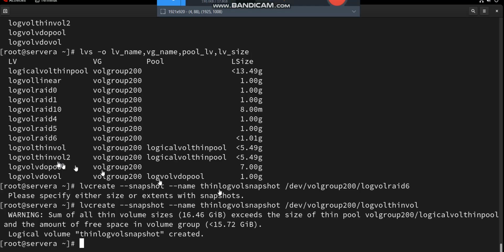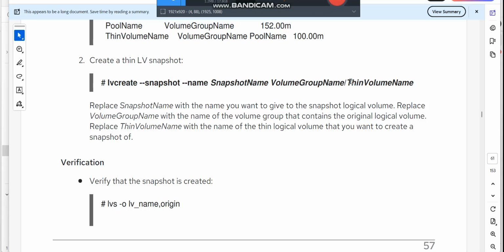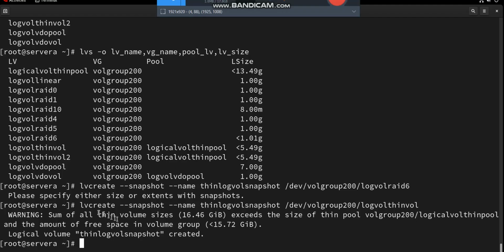So here I am giving only thin logical volume, thin volume name. I am giving the thin logical volume with the name of the thin logical volume. It says name of the thin logical volume. Here I need to specially mention only the thin volume name. I cannot give any other volume. I have to give the thin volume name only. So when I give the thin volume name lv_thinvol, I'm creating a snapshot of the lv_thinvol actually. Lv_thinvol, this one. I'm creating a snapshot of the